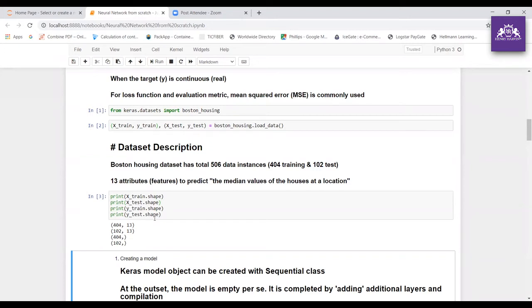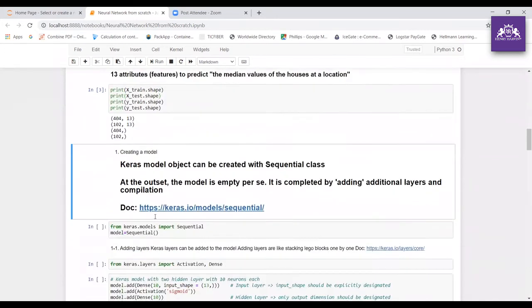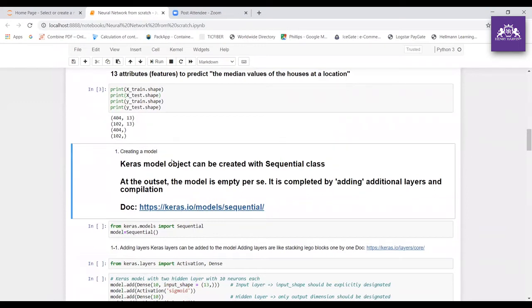Okay, so we have loaded the data set, and the next step, I wanted to know the shape of my data, so I checked that. Now I'm going to create a model with the help of Keras. A Keras model object can be created with the Sequential class. I'm going to make that with Sequential, and at the outset the model is empty.